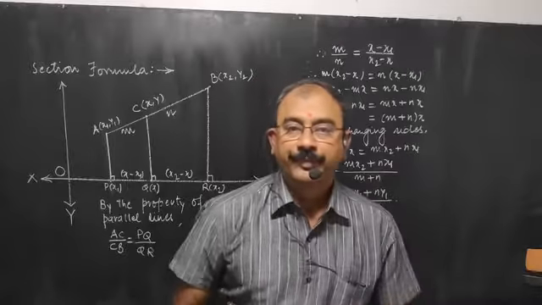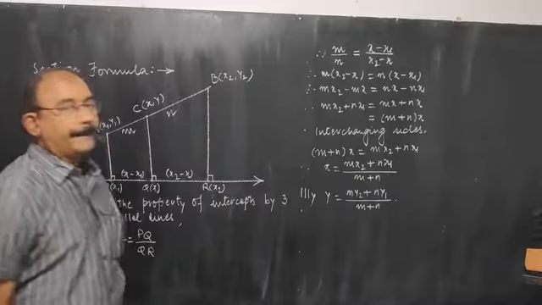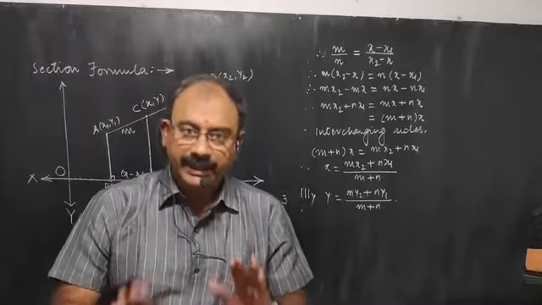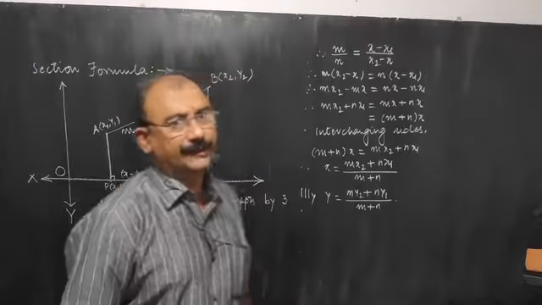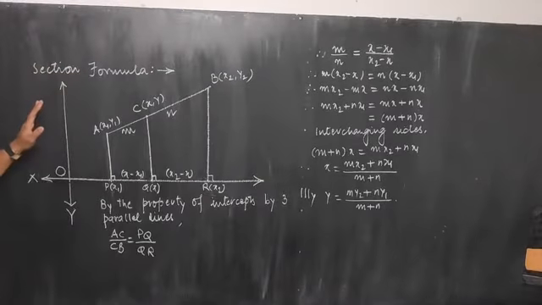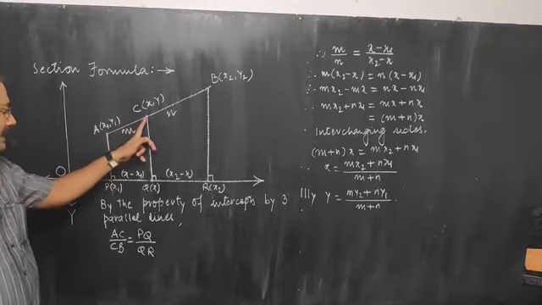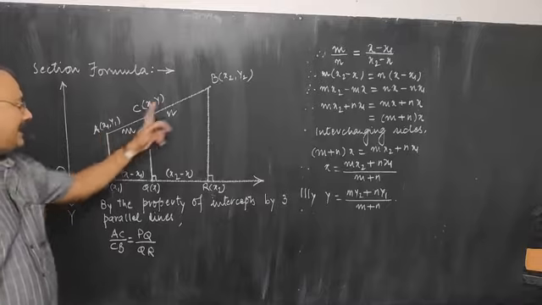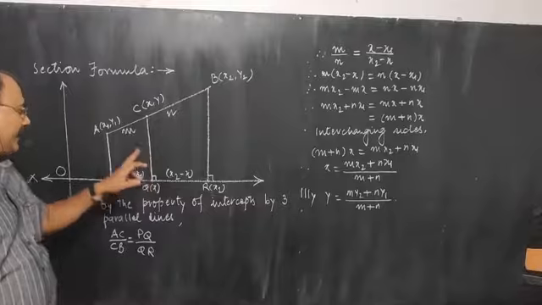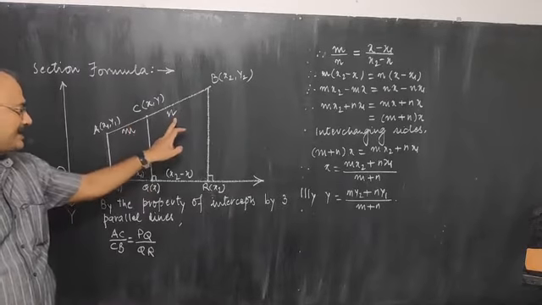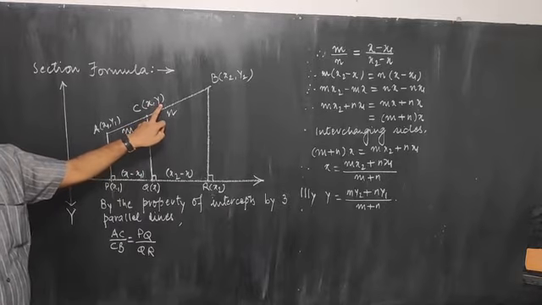Let us try to study the derivation of section formula. The derivation is never expected in the board examination, but we have lots of applications of this section formula. The section formula says that if point C divides segment AB, whose coordinates are given, internally in the ratio m is to n, then you can find the x and y coordinates of the point